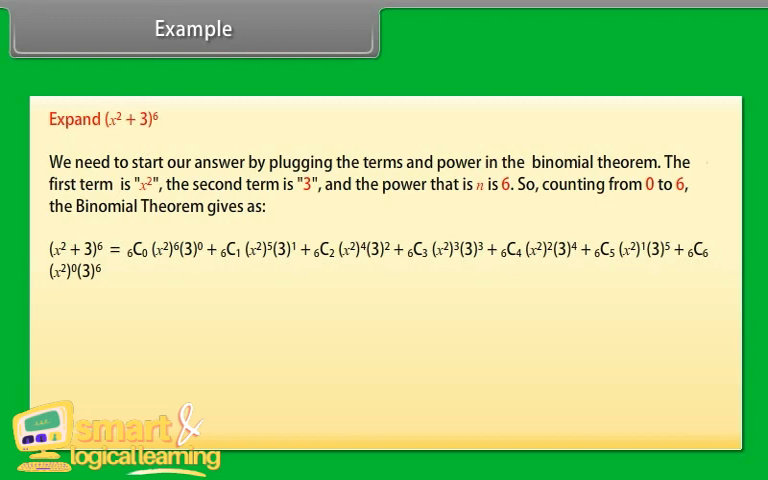6C0 into (x^2)^6 into 3^0 plus 6C1 into (x^2)^5 into 3^1 plus 6C2 into (x^2)^4 into 3^2 plus 6C3 into (x^2)^3 into 3^3 plus 6C4 into (x^2)^2 into 3^4 plus 6C5 into (x^2)^1 into 3^5 plus 6C6 into (x^2)^0 into 3^6. After simplification, we get